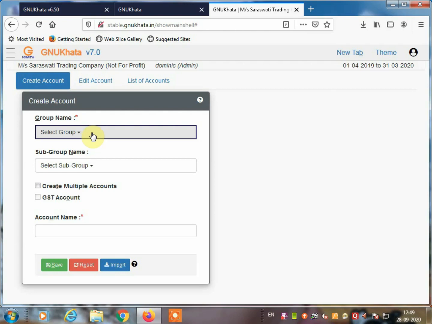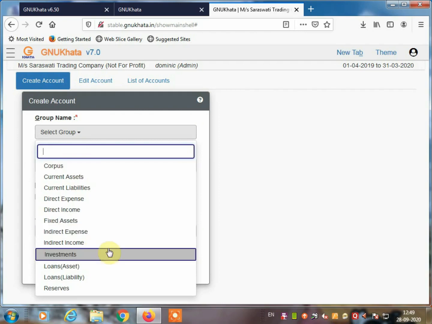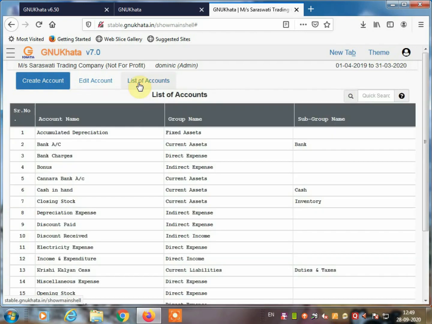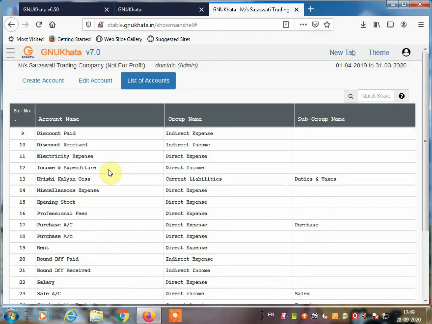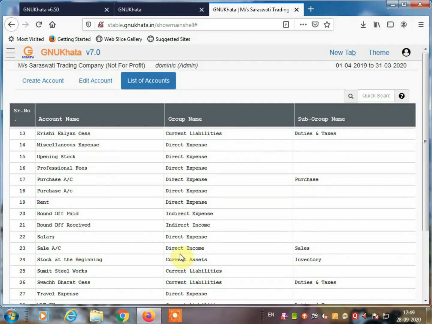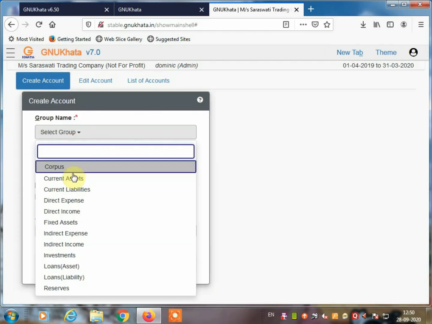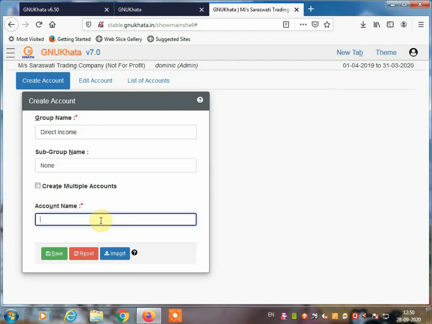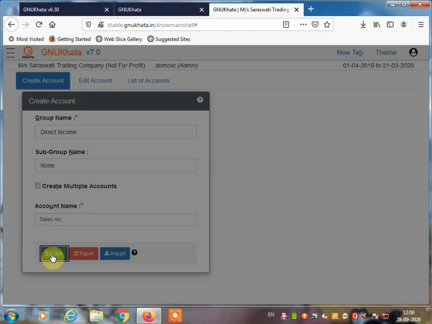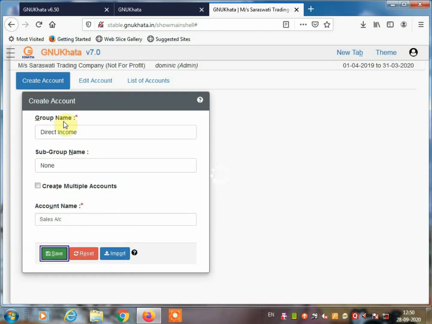Now next, sold goods to Ritu on cash. On cash it is, that's why cash account debit to sales account credit. So this voucher will be the receipt voucher. So cash is by default. We are going to create a sales account. In the list of accounts, you see where the sales account goes. Purchase account is given over here. The sales account goes to the direct income. So in this you have to select the group direct income and account name sales account. Okay, and click on save. So this way we have created another account successfully.